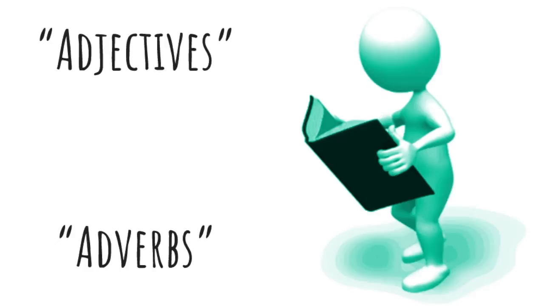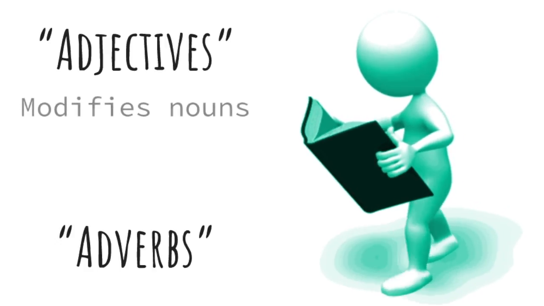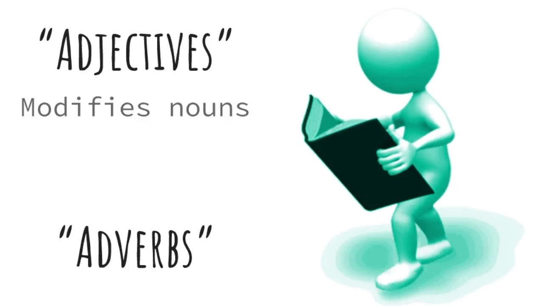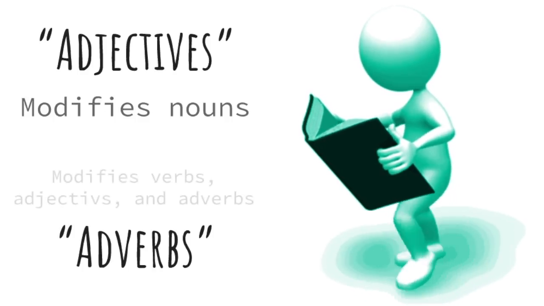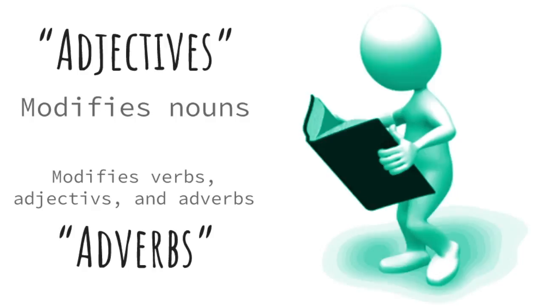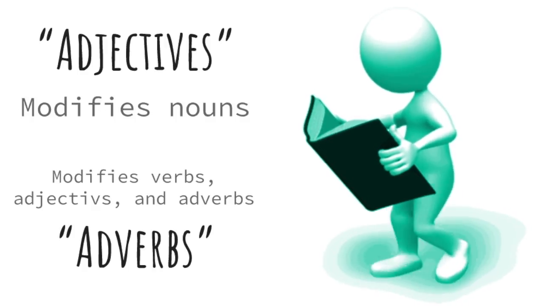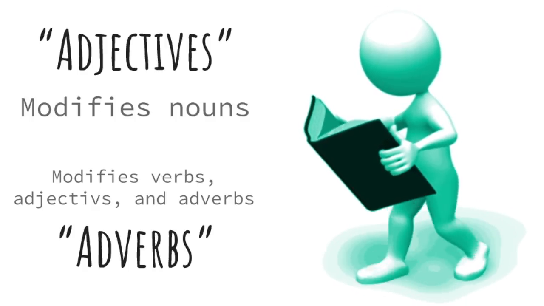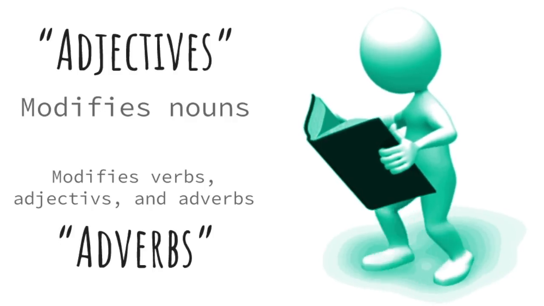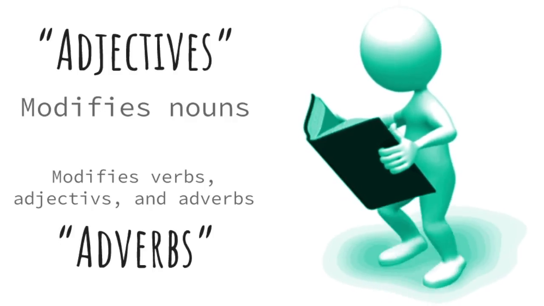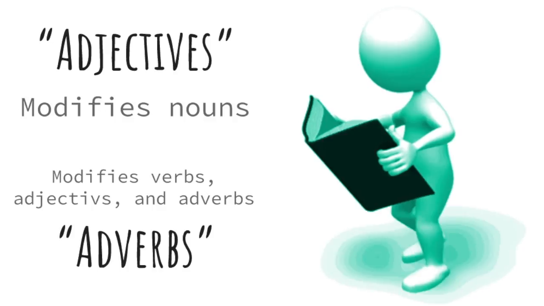If you remember, adjectives modify nouns and tell us what kind, which one, and how many. Adverbs modify verbs, adjectives, and adverbs, and they tell us where, when, how, and to what extent things are happening. But sometimes we need more than one word to answer these questions, and this is where prepositions come into the